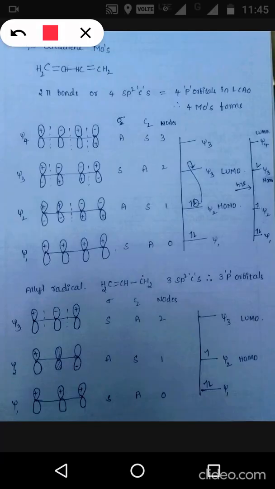On odd numbered molecular orbitals, that is 1 and 3, same sign lobes will be on same side. So plus lobes are upwards here on psi 1 and psi 3. In psi 2, that is even numbered molecular orbital, same sign lobe should be on opposite side. So plus is upward here and plus is downward here. Now draw the middle p orbital satisfying the conditions of symmetry as well as node.